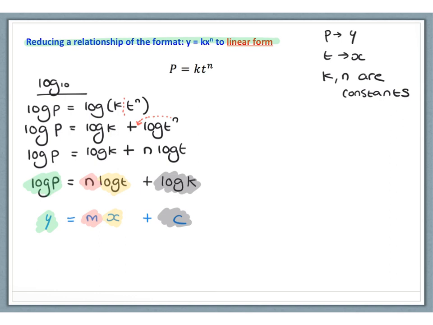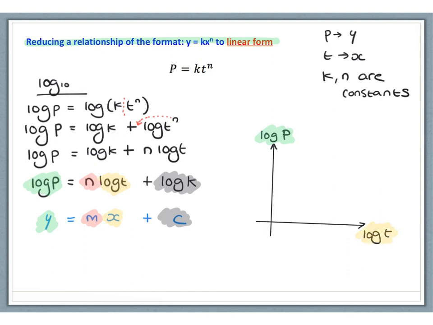So what we can do is plot a straight line graph. And the straight line graph that we're going to plot is a graph of log p on the y-axis versus log t on the x-axis,